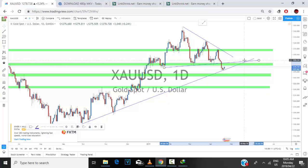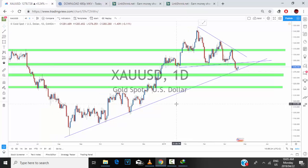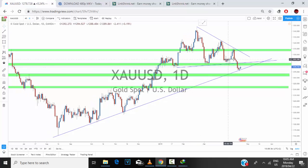Okay, so this is basically it, right? This is how I viewed everything here. Let me remove this because I'm sure to some people it's annoying. So basically this is what I see: price has been consolidating around this region, and to me this looks like a descending triangle. Even though the bottom looks like it's slanting to the upside, I still believe that if we can draw